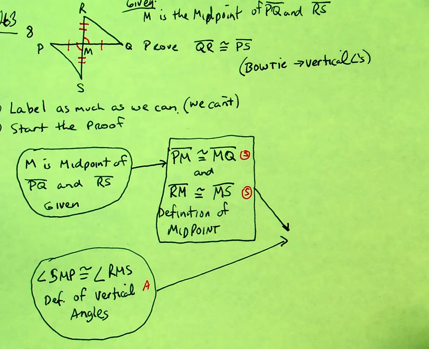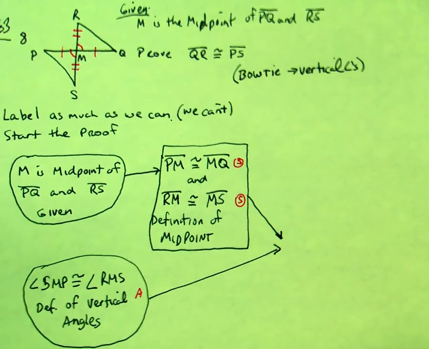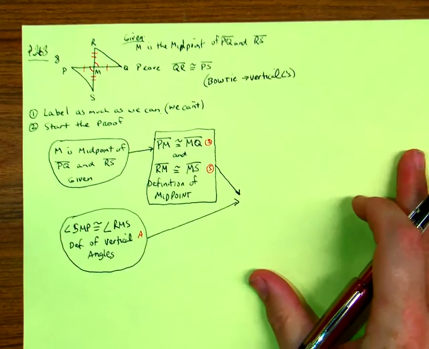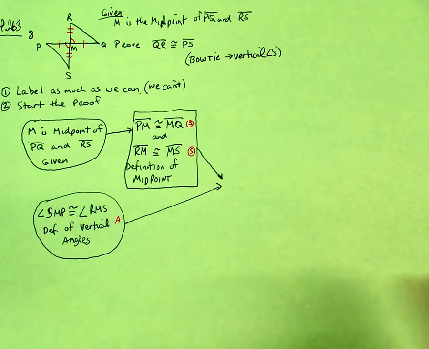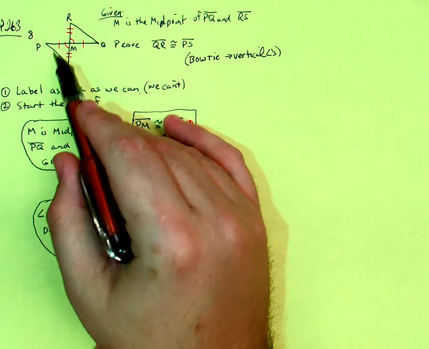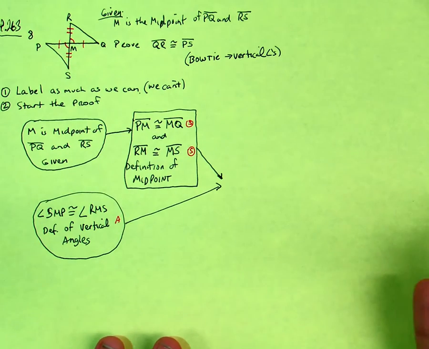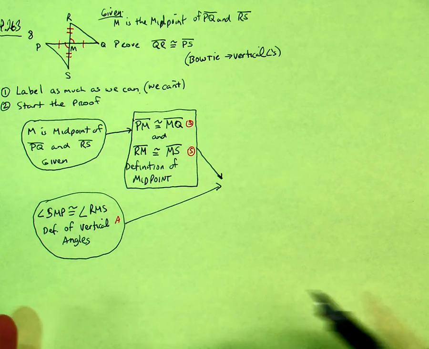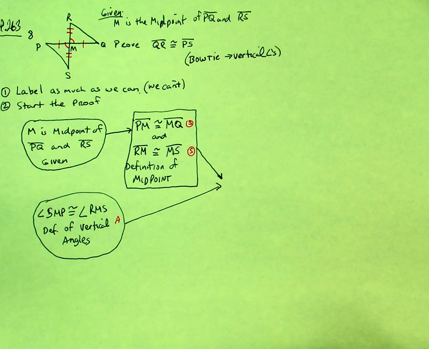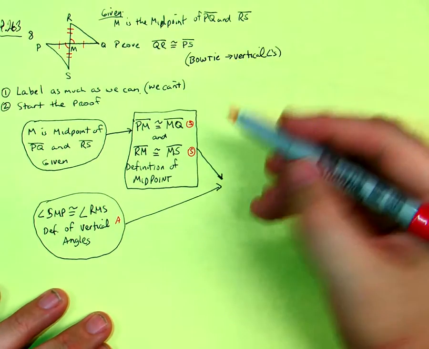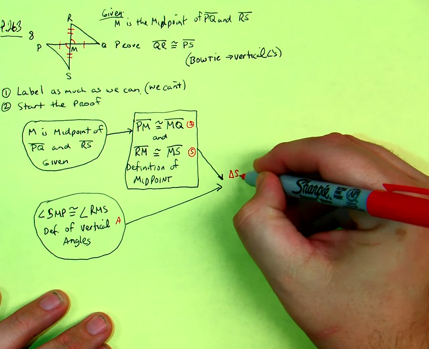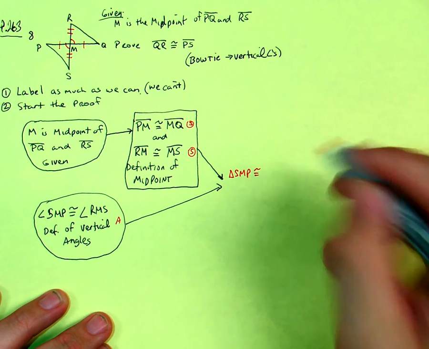So now we can't just jump. Let me zoom this out a little bit less. We can't just jump to say, all right, well, now these sides have to be the same. We have to actually go through and say, all right, do we have enough information to prove that two triangles are congruent? Yeah, we have side, angle, side. So I can say triangle SMP